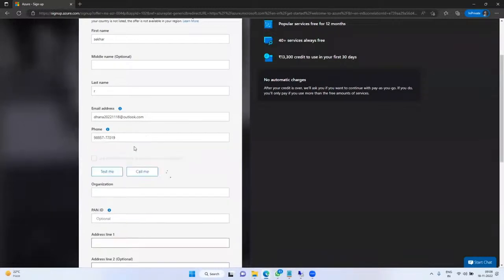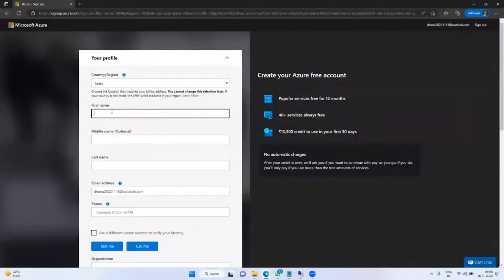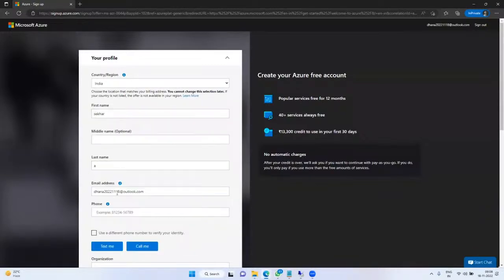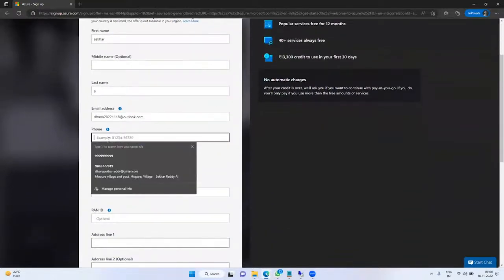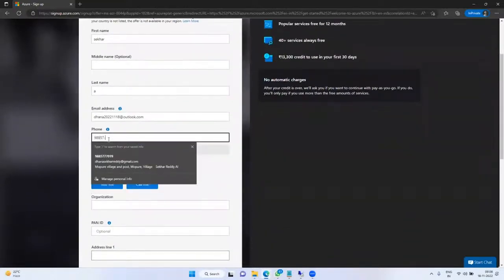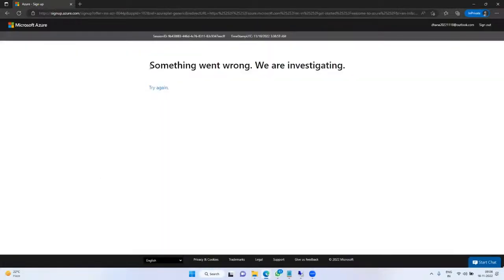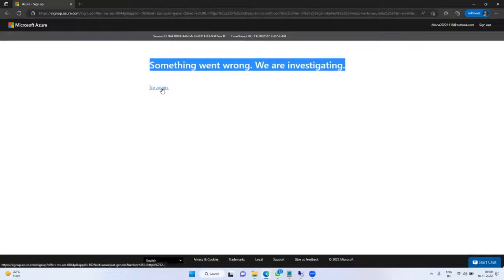Okay, first name Sekhar. Email ID. Mobile number. Something went wrong. Actually, I have created multiple accounts, so I will change it.